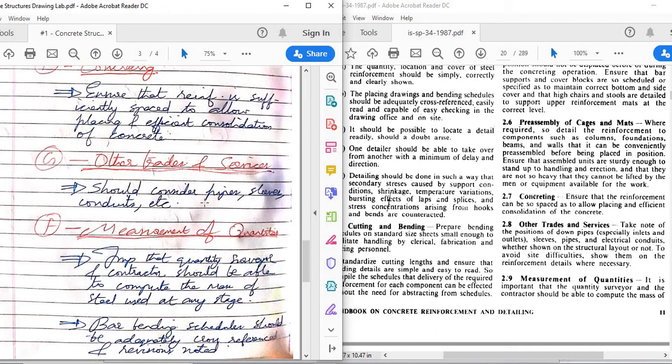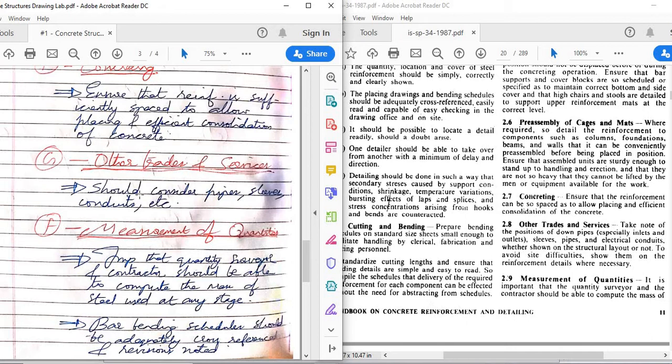So when they realize that they don't have that pipe or hole already there, they'll try to break the concrete, and sometimes they'll also affect the reinforcement. They'll also accidentally cut or misplace or cut through the cover of the member and things like that. So all these sleeves, pipes and all should be properly considered before concreting itself, so that everything goes on smoothly.